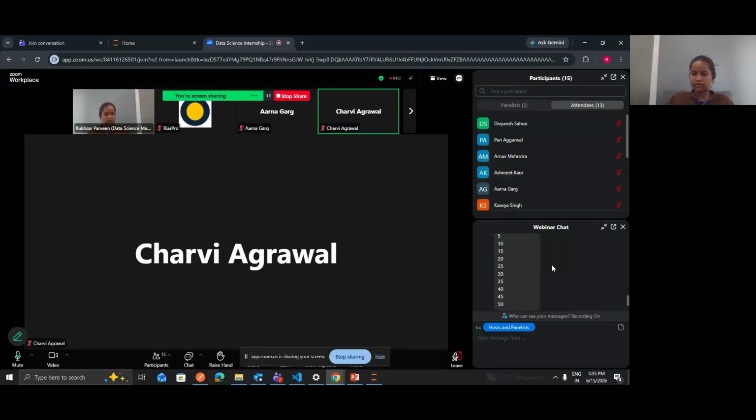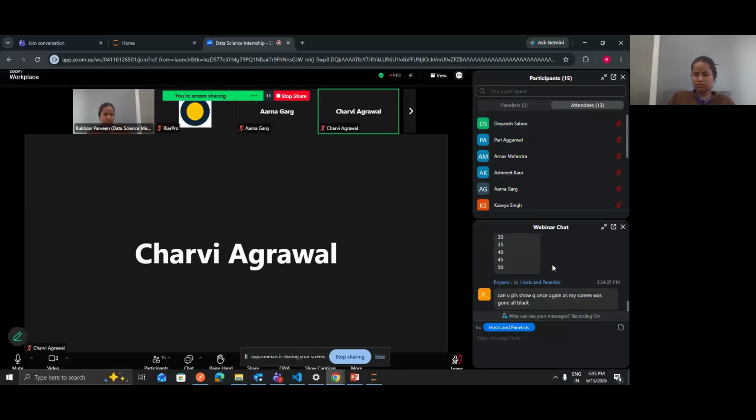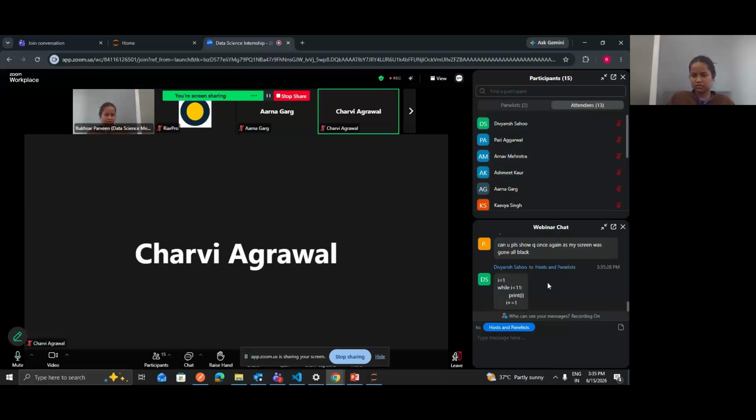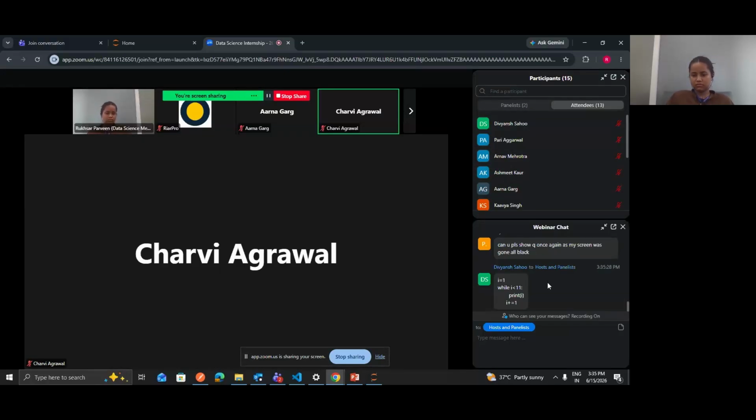Divyansh, you can try again. It's not very complicated. Okay, so Divyansh, what you are doing, you are printing simply 1, 2, 3, 4, 5. Instead of that, you have to print the table of a number.